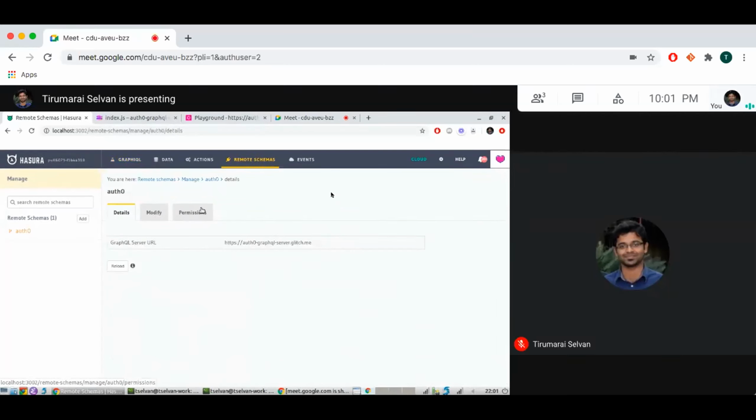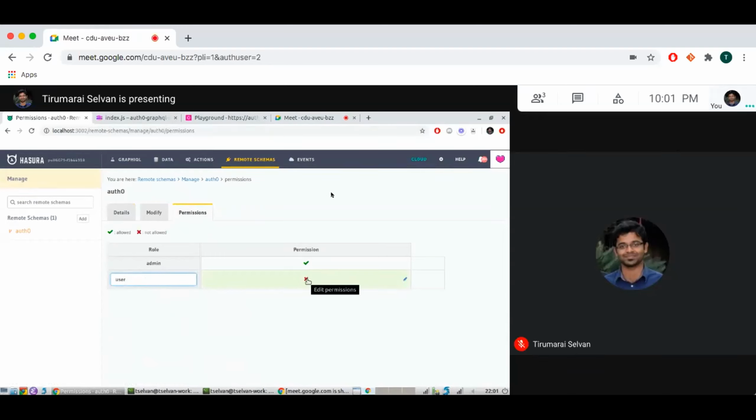which is shown in the console in the remote schema page as the permissions tab. The UI is minimal. It's work in progress. We have prepared something minimal for this community call. It will change, but this will get the idea across. So as usual, I'll create a new role. Admin has all the permissions. And if I